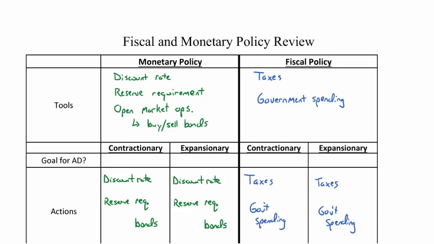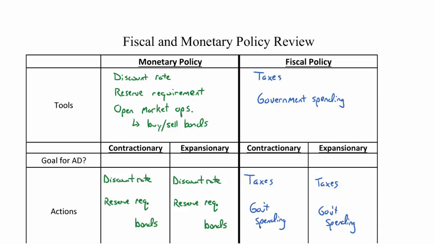In this video, we're going to talk about a mix of fiscal and monetary policy, or you might also see this as monetary and fiscal combinations. What we're going to do first is go back and review what fiscal policy is and what it can affect, and then what monetary policy is and what it can affect. That way we can use a combination of expansionary fiscal or contractionary monetary, for example, to get the desired